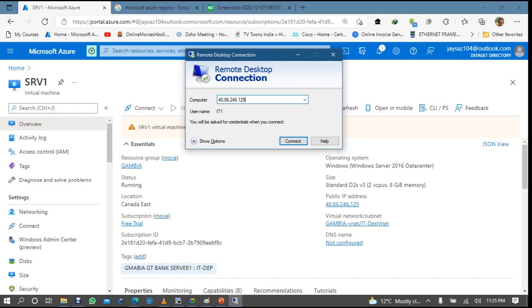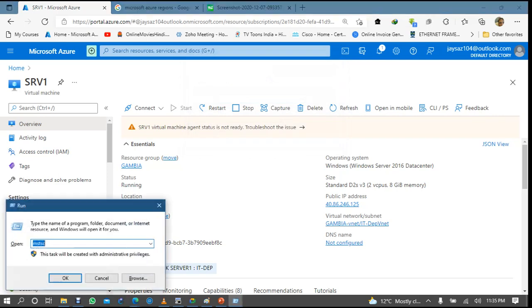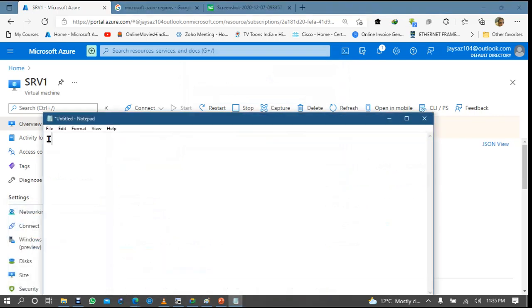Nothing, just leave it. Just click connect. Yes, I'm there. Now, the username is IT, right? Yeah, it's IT1 and the password is